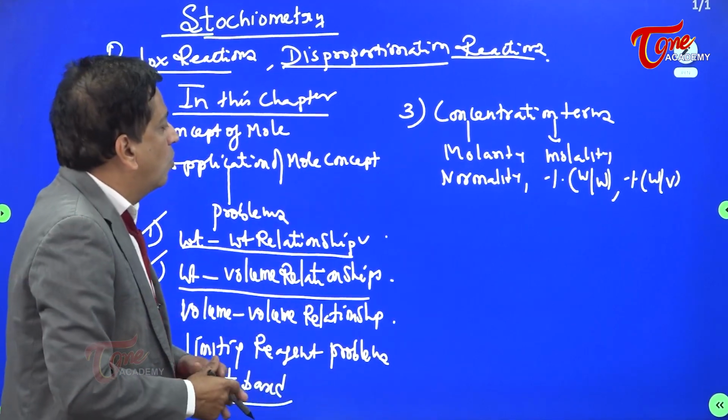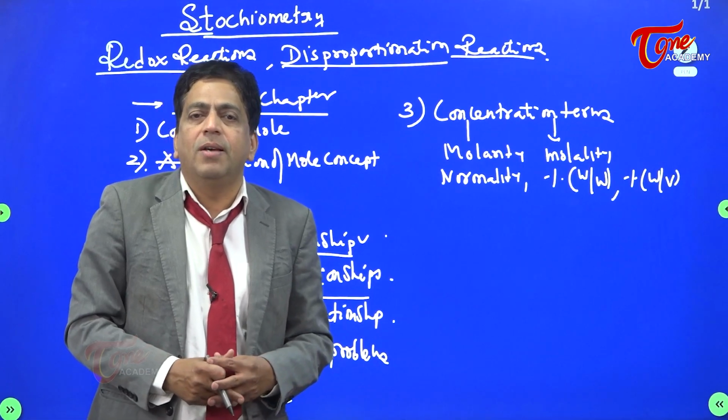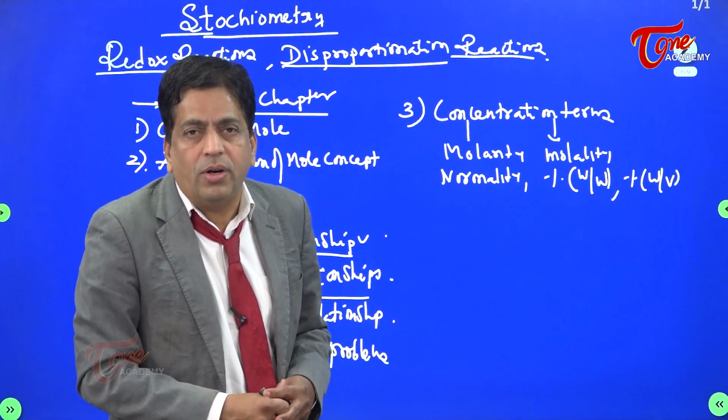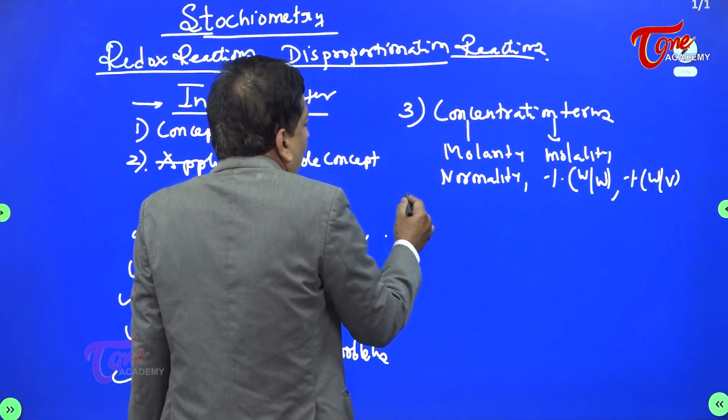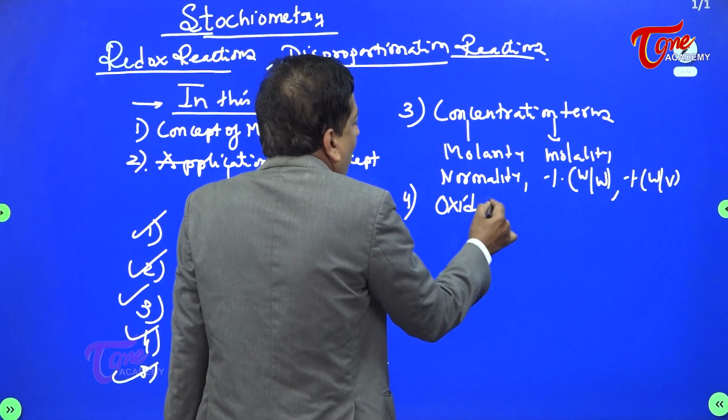You have all these concentration terms to express the concentration of solutions which are labeled outside in the laboratory, right? That's one. And fourth, we would like to introduce the concept of oxidation number,